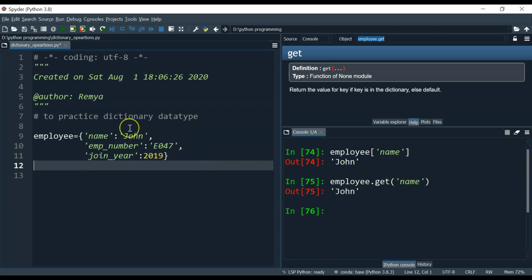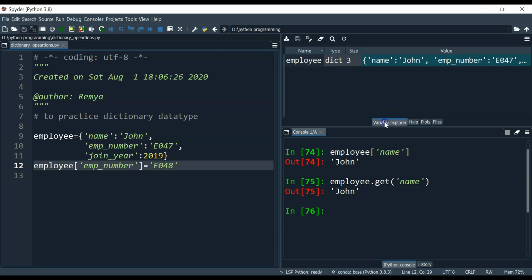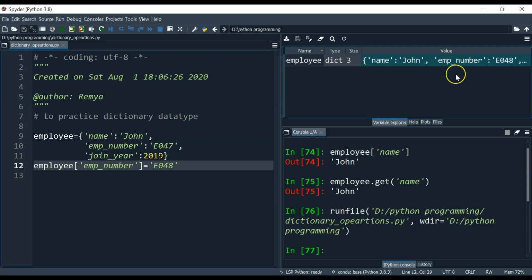Suppose I want to modify the employee number. In that case you just give employee, within square brackets give emp_number and specify the new value you want to give, that is E048. Come to the variable explorer, just execute it. Now you can see your value is changed to E048.